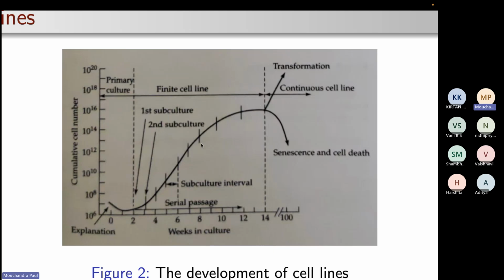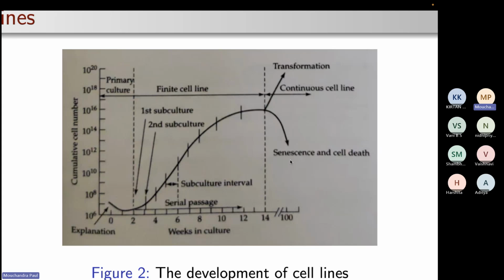The vessel that you are using has a limited surface area. So when the surface area is completely occupied by the cells, you have to change the vessel. That is called subculturing or passaging, or cell splitting. So you are doing subculture 1, subculture 2, like this you are doing 8 to 10 times, and after 8 to 10 times of passaging the cells,